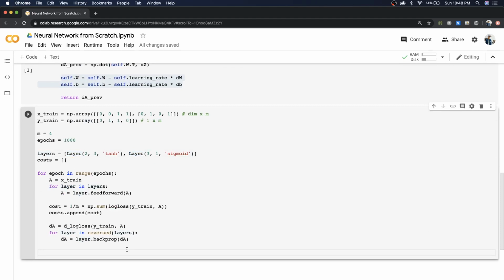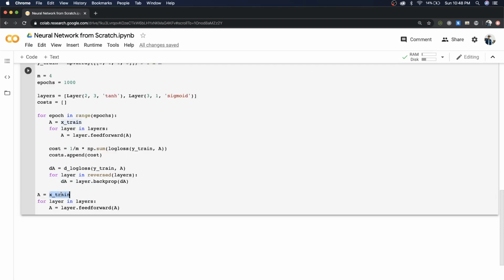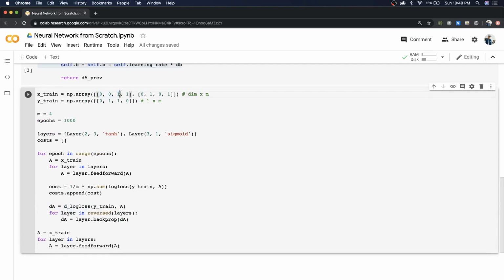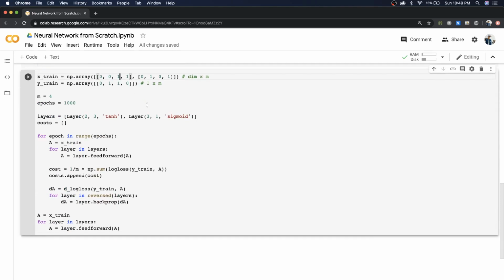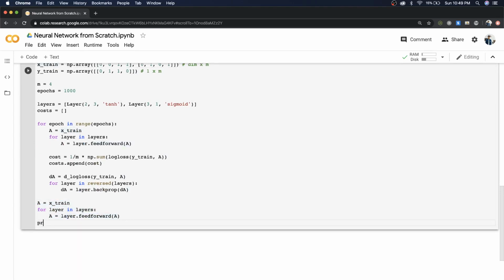So I'm going to use this same piece of code to make my prediction also. So if you had another test set here, then you would be using that to make the predictions and test the performance of the network. But since we are implementing the XOR function here, there are only 4 test cases, so we are using our same training set to test it out. Okay, so print a. Let's try and run this.